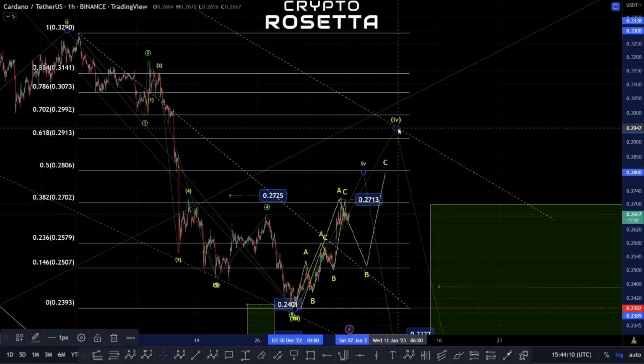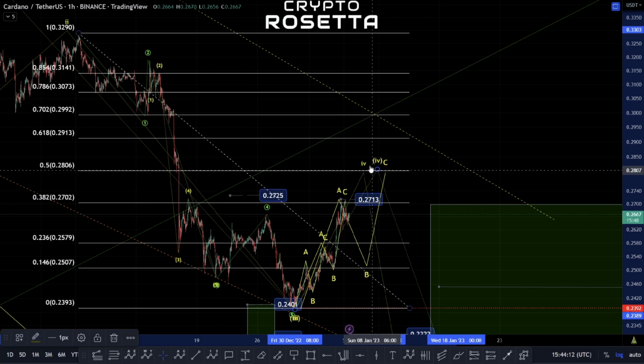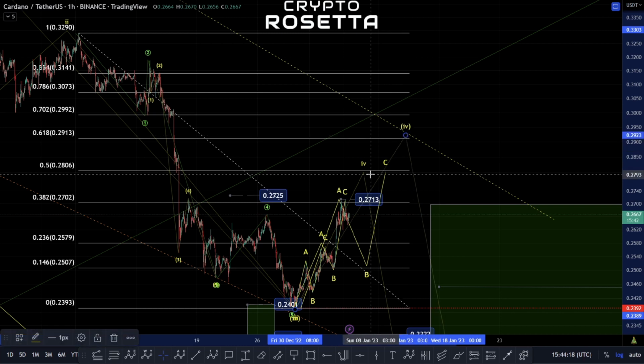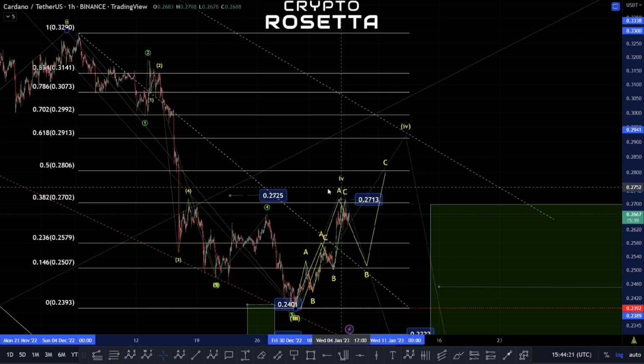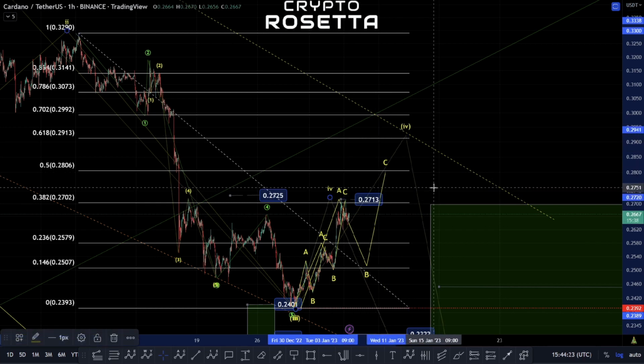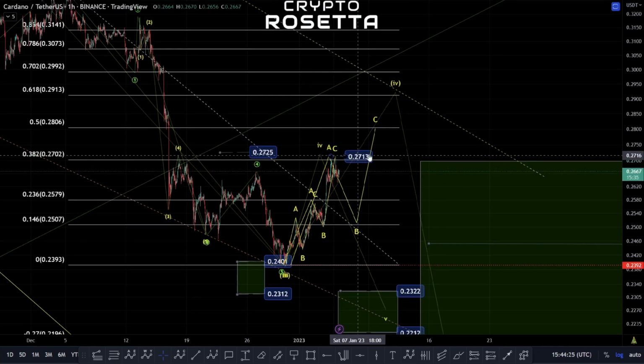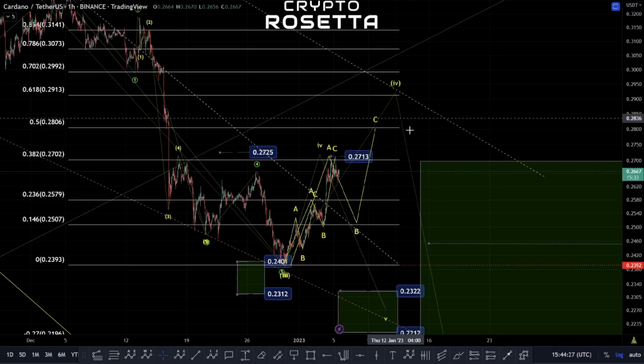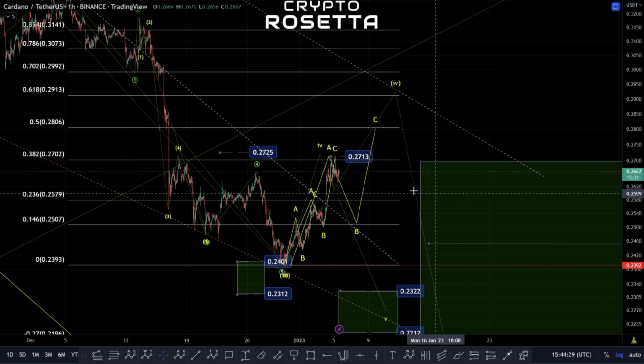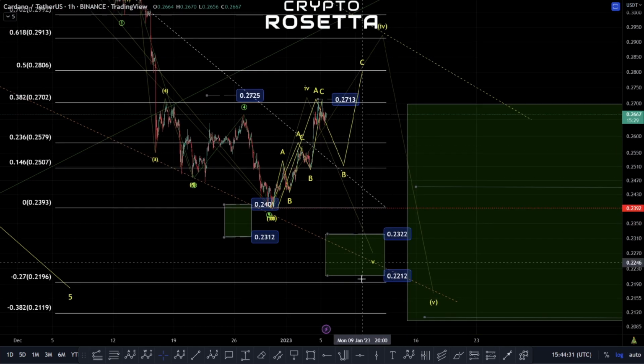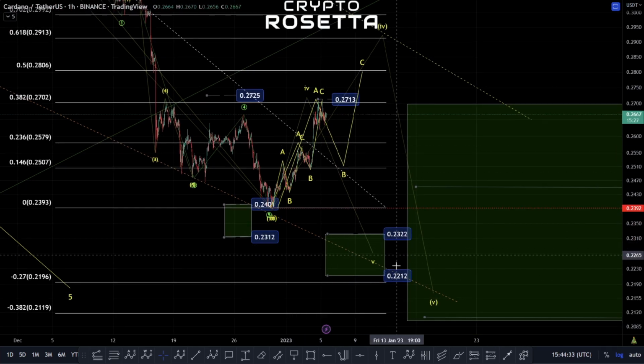However, we'd also have to be careful that it wasn't this fourth wave, and we could look to potentially complete it and then move to the downside anyway. It's just which fourth wave it would be is something we just have to bear in mind. However, should we fail to break above this zone and develop the next structure that we're going to be talking about, this would be my likely option that is actually playing out, that we'll have this fifth wave drop to